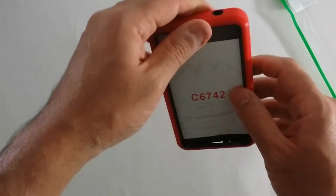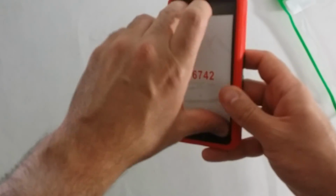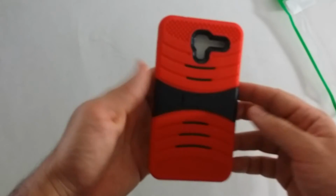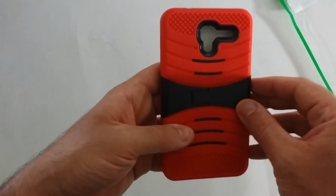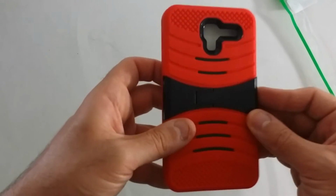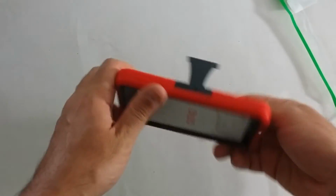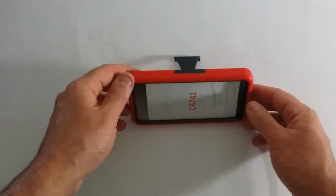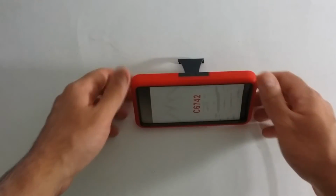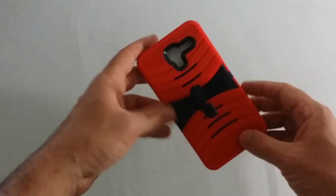Seems to be a pretty nice case. I know it's a 2 or 3 layer case. I don't want to say it's similar to an OtterBox case, but this is certainly a heavy-duty case. This also comes with a kickstand, which is very interesting. So you can set your phone this way. Actually, that's pretty cool to watch YouTube, watch movies and whatnot, read the news,